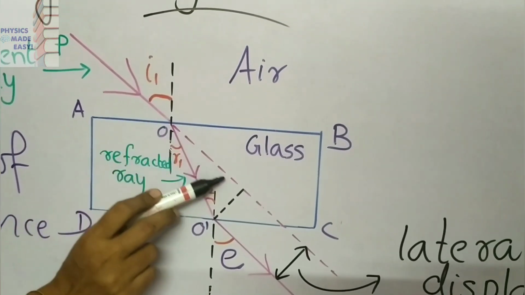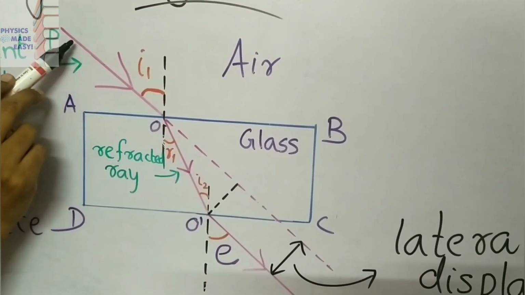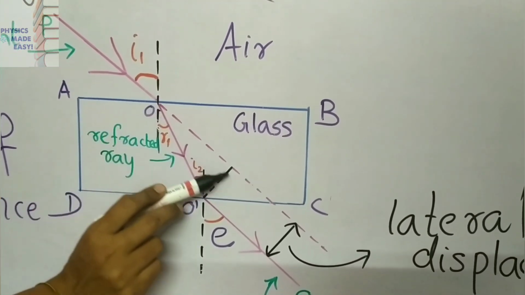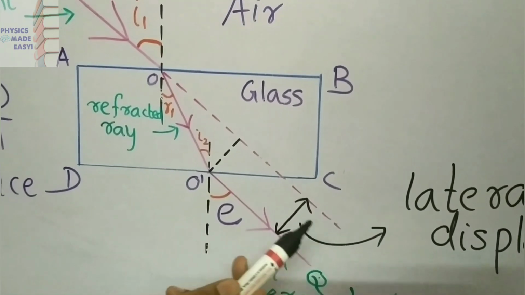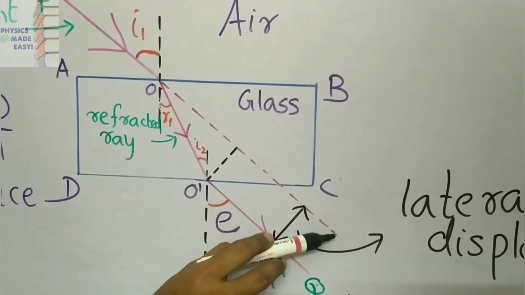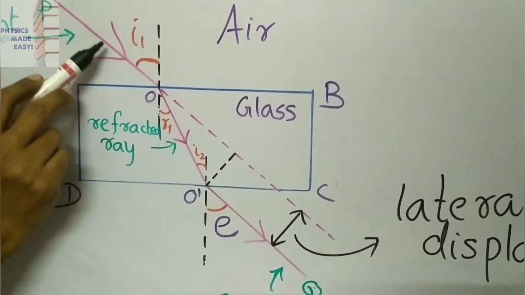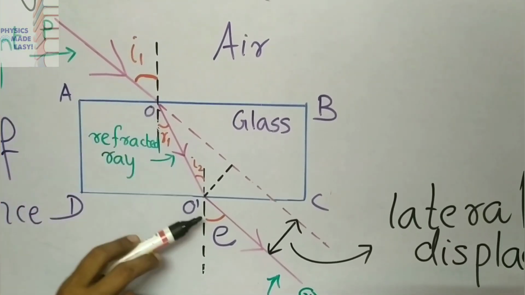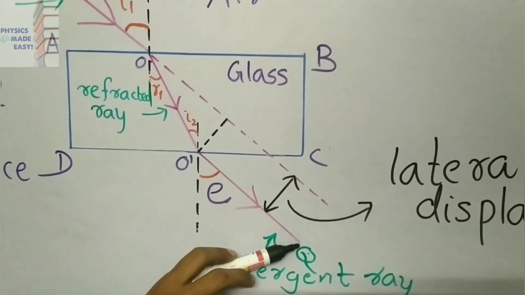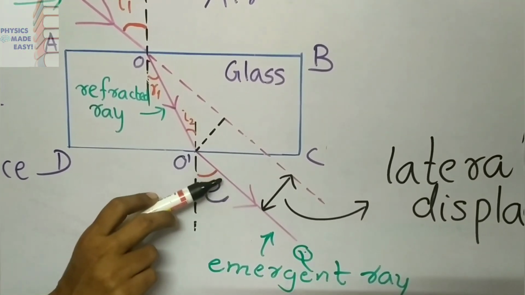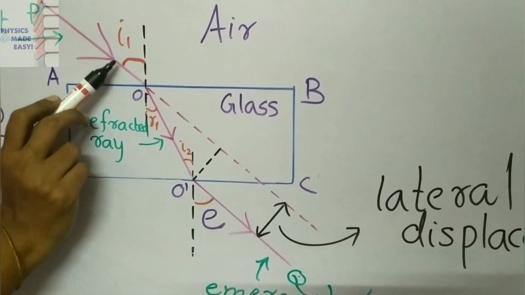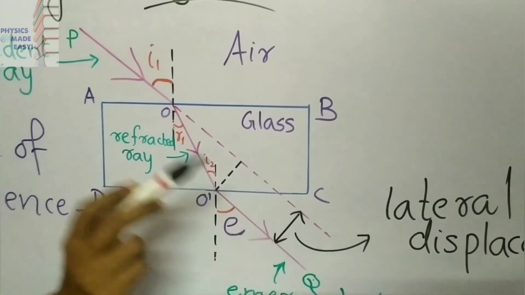Here you can see a dotted line. Here I am extending that incident ray. Okay children, that is what you see as the dotted line. If you observe this diagram, this dotted line gives us the original direction of the incident ray, that is parallel to the emergent ray. Okay children, that means the emergent ray is parallel to the direction of the incident ray.